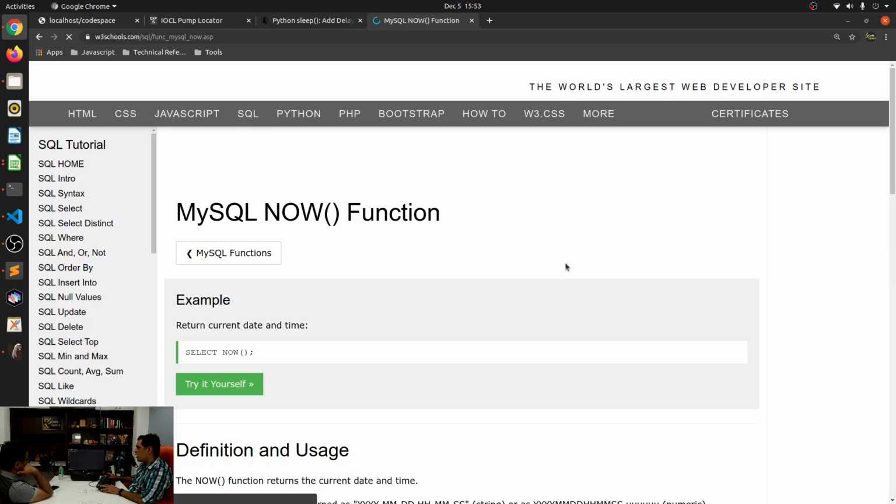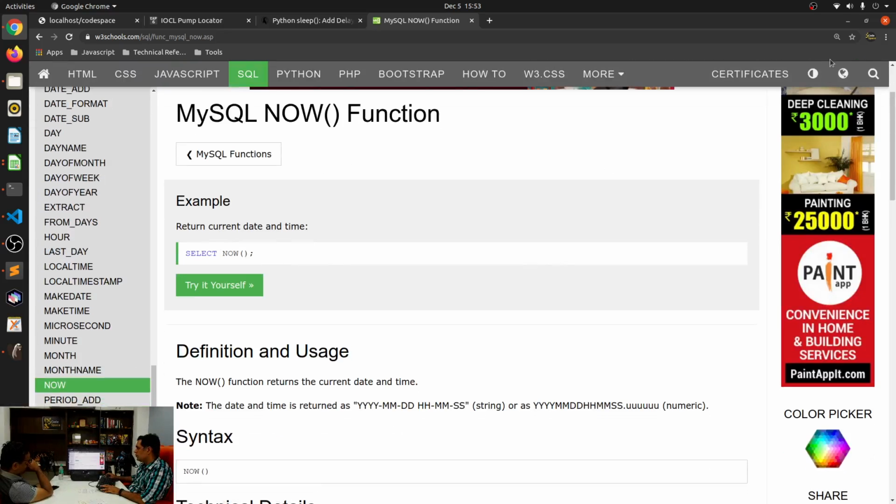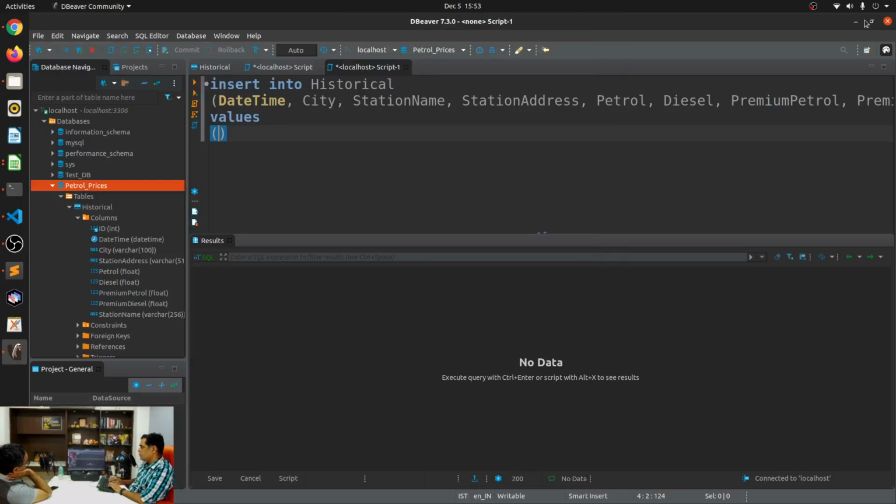Now, it's called the now function. Yeah, I had used it. Say date time would be now, comma city would be Chennai. This is just a test, right? Test. Station address. Petrol 80.01. Diesel would be 79.01. Premium petrol would be, let's say, 81.01. I'm just making up